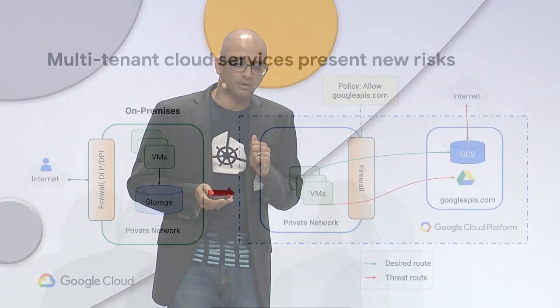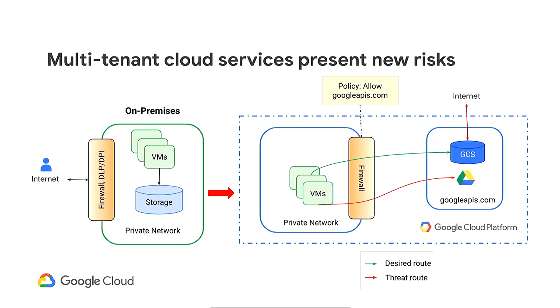I would like to drill down, given this is a vast topic and we can't go into depth into every one of these dimensions. I'd like to drill down on the concept of what you need to do about multi-tenant cloud services, because these are services that you have now started adopting as part of your cloud adoption. And they have a different threat model, and they present new risks, not all of which have been thought through completely